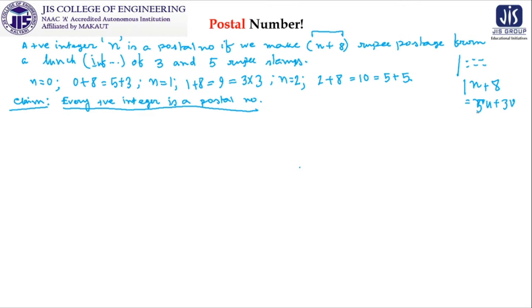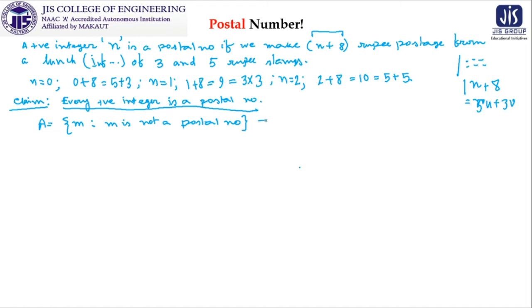So either it will be true or it will be false, but it is very clear that we can't make it by putting the values of n equal to 0, 1, 2, 3, 4, 5 and so on. It is not possible. We have to make some generalized logic. So this means, actually, if we construct a set A which contains M where M is not a postal number, it means we are constructing a set which contains only those numbers which are not postal numbers.